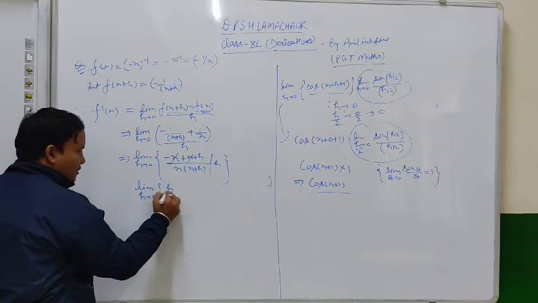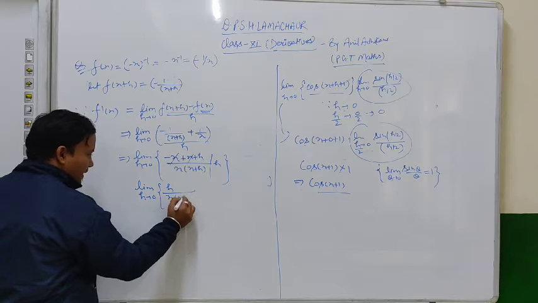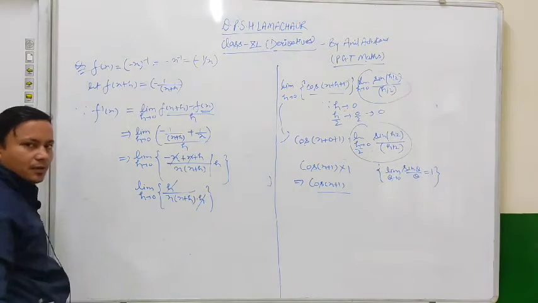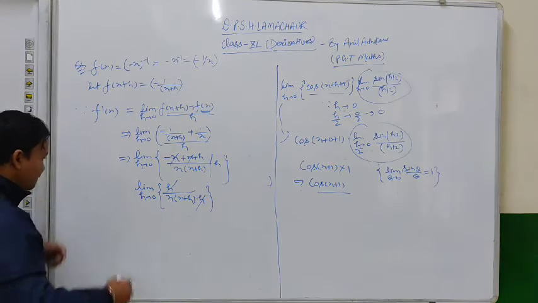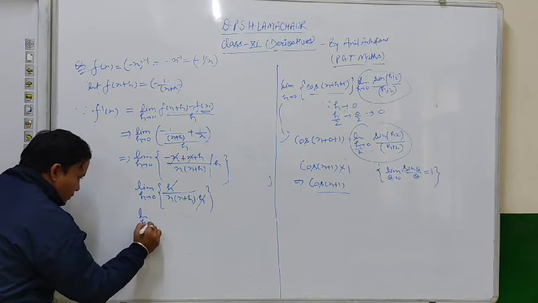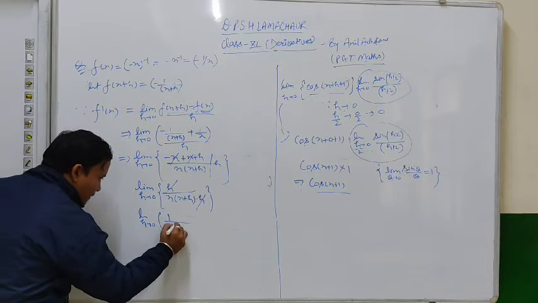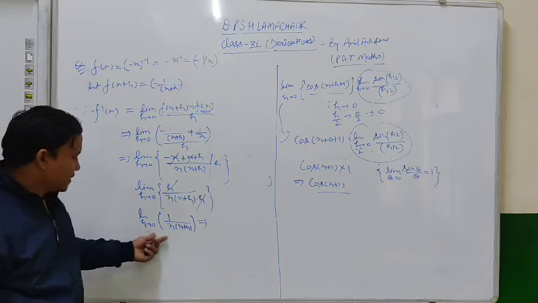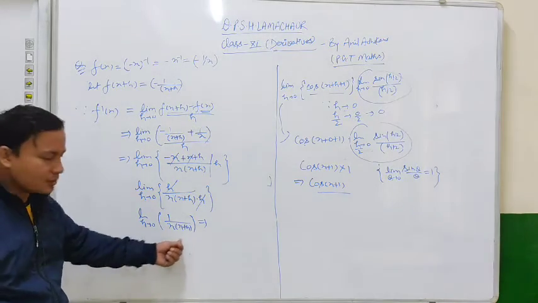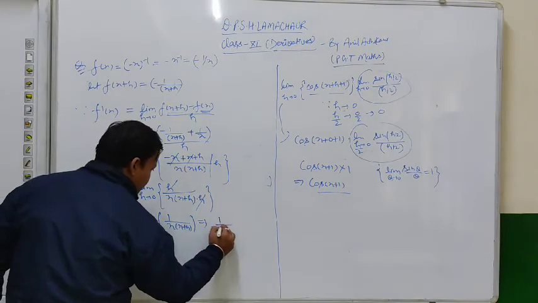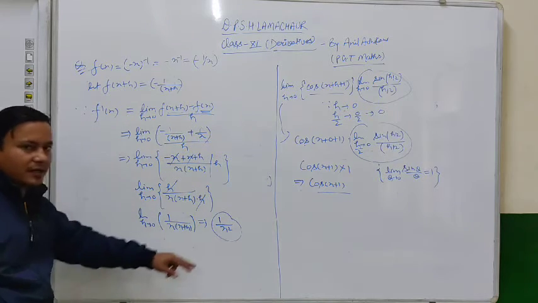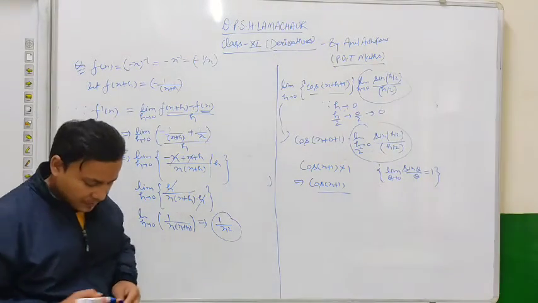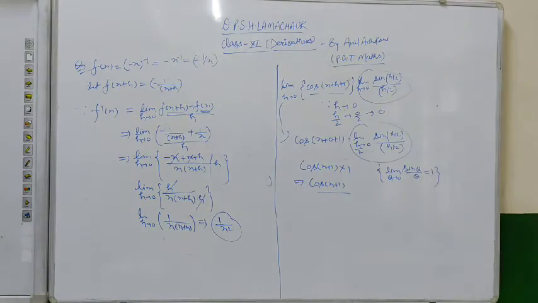Okay, 1 upon x, x plus h, and multiply with h, so this h will cancel out from the denominator. Now limit h tends to 0, 1 upon x, x plus h. On applying the limit, instead of h we can take the value of h as 0, so we get our final answer, 1 upon x square. Okay, so this is the required derivative of the given function, which is given as minus x to the power minus 1. Okay, pause the video and take the screenshot.